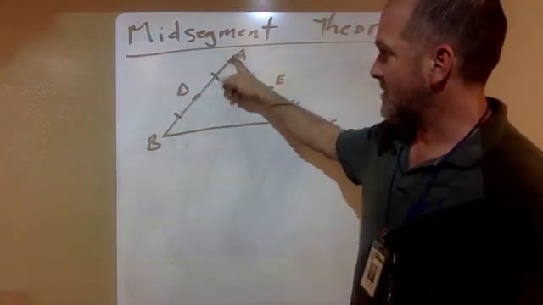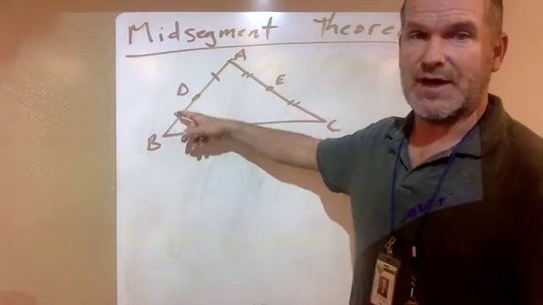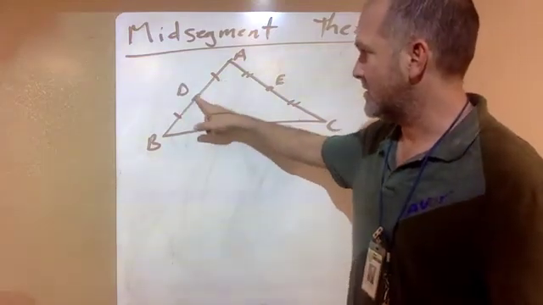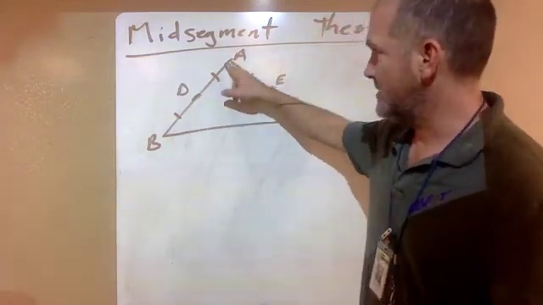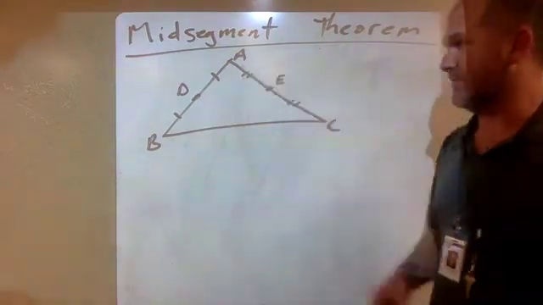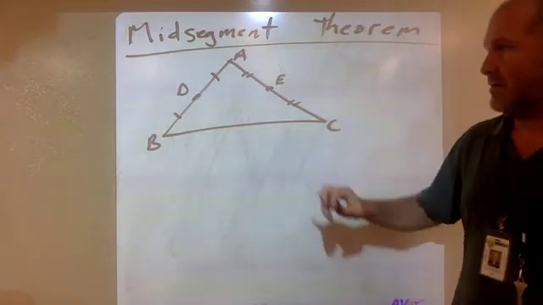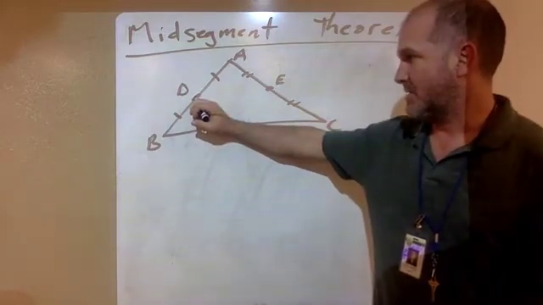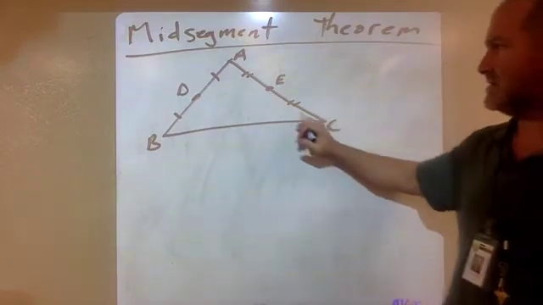So D is the midpoint of AB. It splits A and B in half. That's why I have a tick mark here and here, because DB is equal to DA. If you split something in half, you have two equal parts. Same with over here. Now with the centroid, we connected the midpoint D to the opposite vertex, and we can